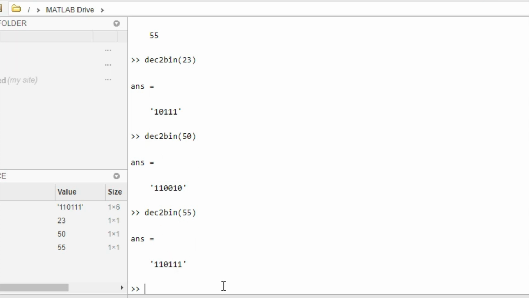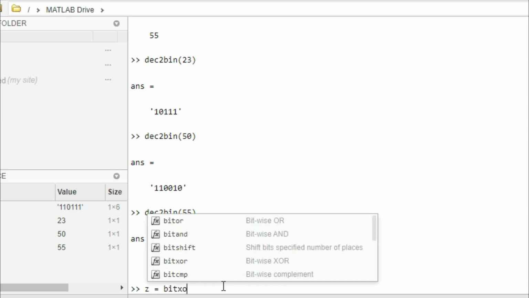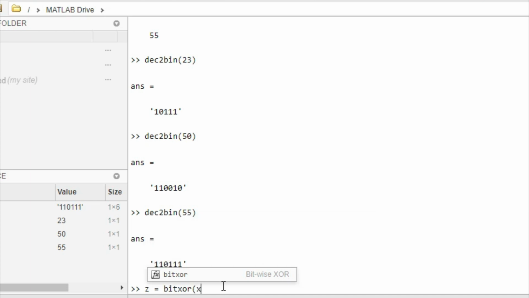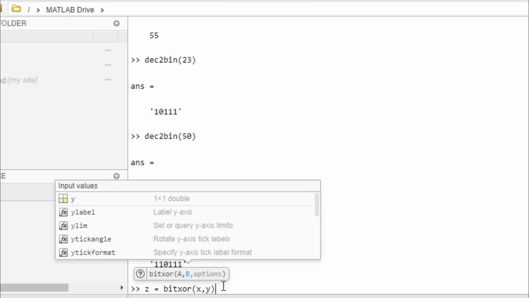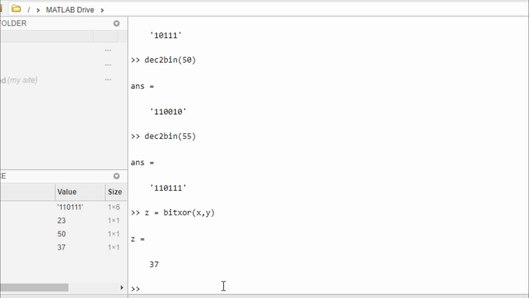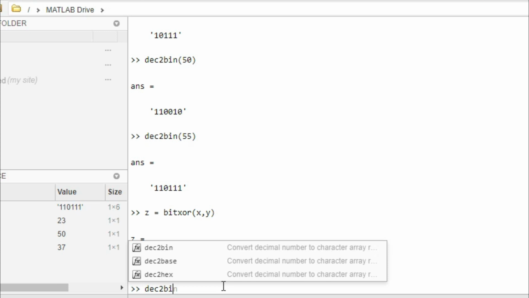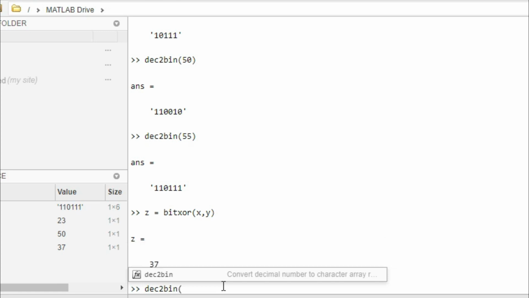So let's try bitwise XOR. z equal to bitxor of x comma y. Decimal to binary of 37. It gives 37.